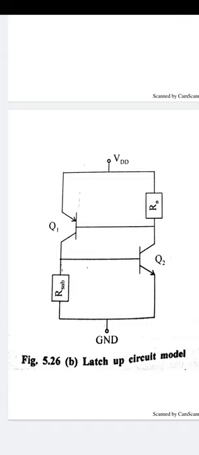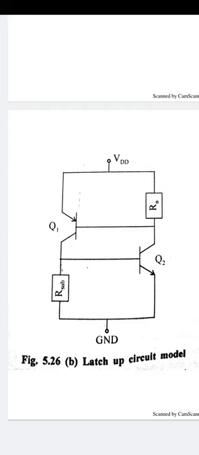With sufficient current flowing through R substrate, the voltage drop across it becomes more than 0.7 volt. When I times R substrate is greater than 0.7 volt, the transistor Q2 turns on. This draws current through Rn, and if the voltage drop is sufficient, Q1 also turns on. In this region, the base current of each transistor is increased and amplified, resulting in a large collector current and a large base current for the other transistor. This is the regenerative process, also known as the positive feedback configuration.